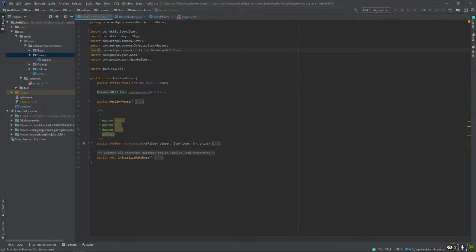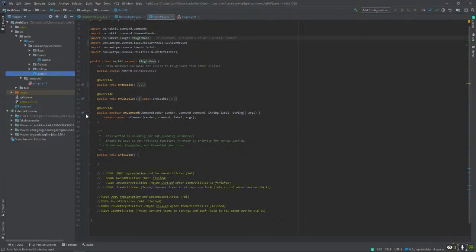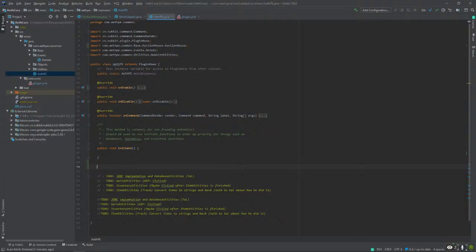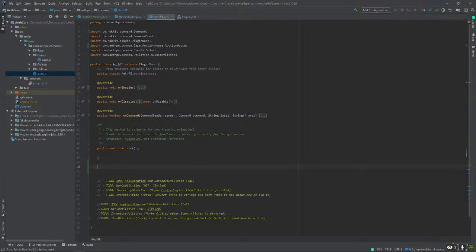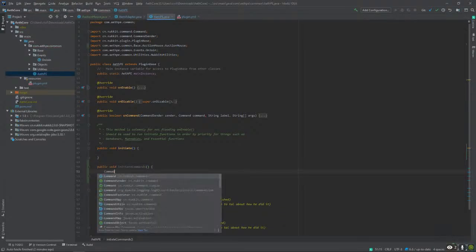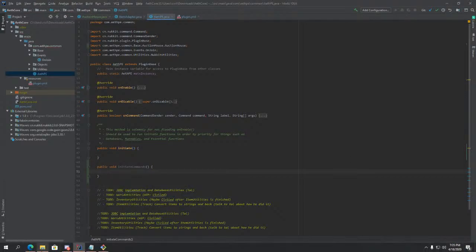So the command map I would do in my main class. So let's start out with this. Public void initiate commands.